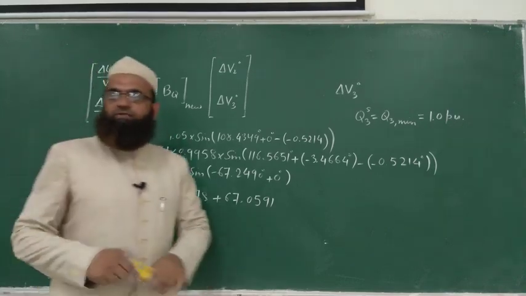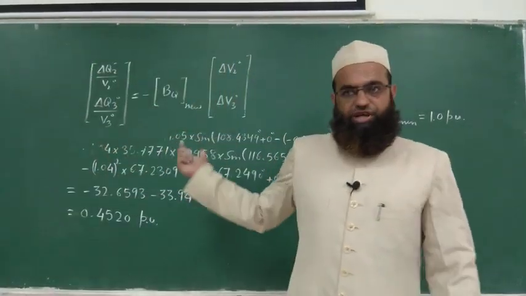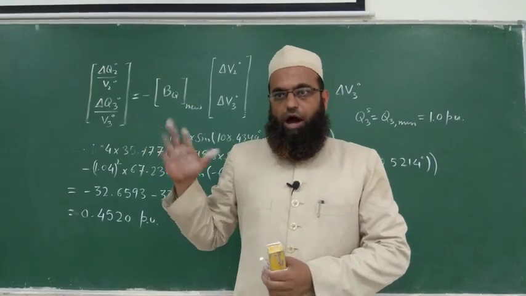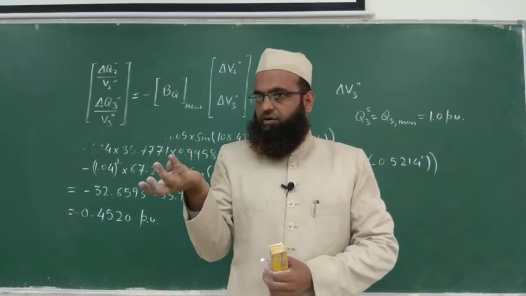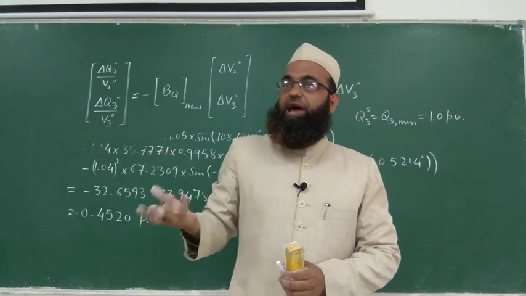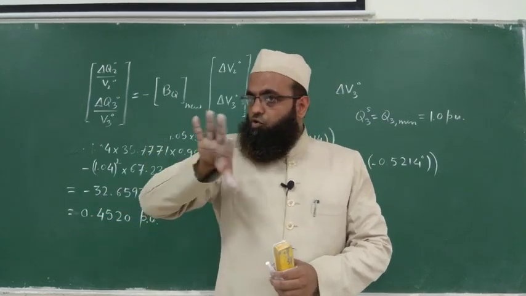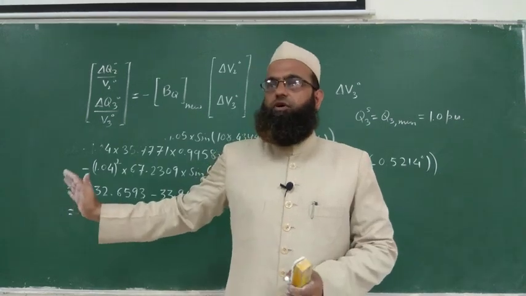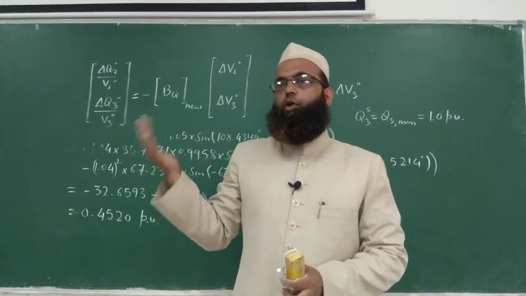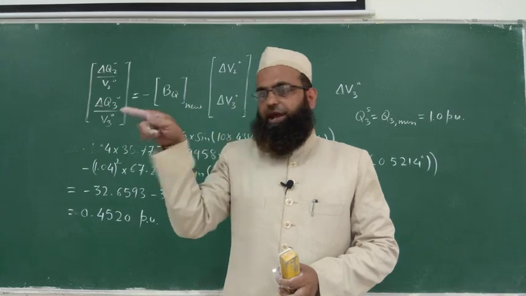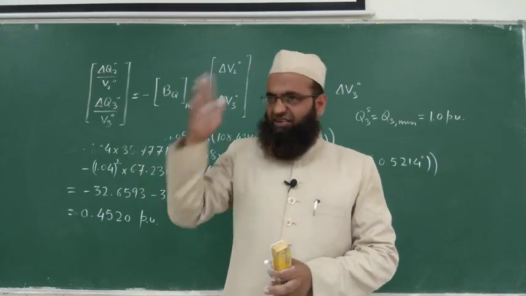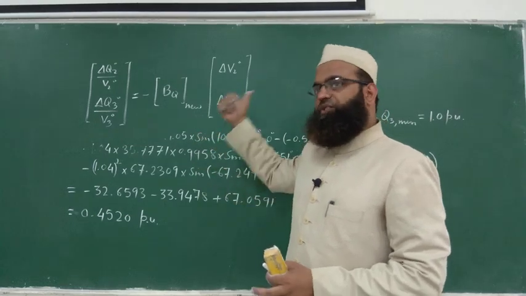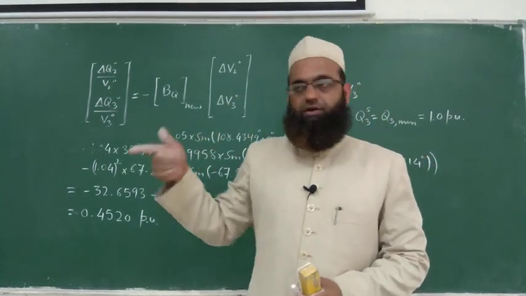Or from Y bus itself you can check. So you will ignore first row, first column. Now bus 2 is already PQ bus. This time you are treating bus number 3 as PQ bus. So the two buses are now PQ buses. So no PV bus. So it will have the elements corresponding to second row, second column, third row, third column, except first row, first column. So this will fortunately be the same as that of the BP, isn't it?